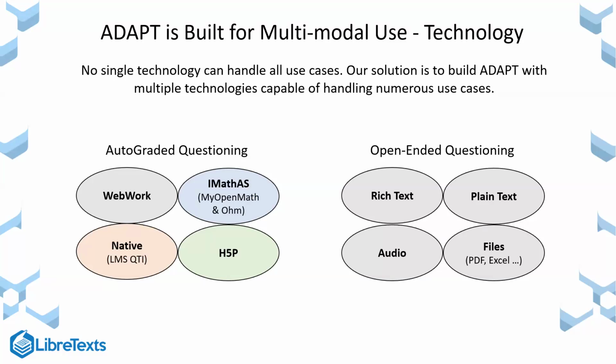H5P is a different technology than those other two. It's not based around calculations, which those are well suited for, but it's more graphical. It has a lot of drag and drop and other aspects associated with that, although it does come with baggage associated with accessibility and security, which we could discuss if you have an interest in. And lastly, we have what we call native, which is the technology that underlies our overall system that includes QTI. That's the last acronym going to be used.